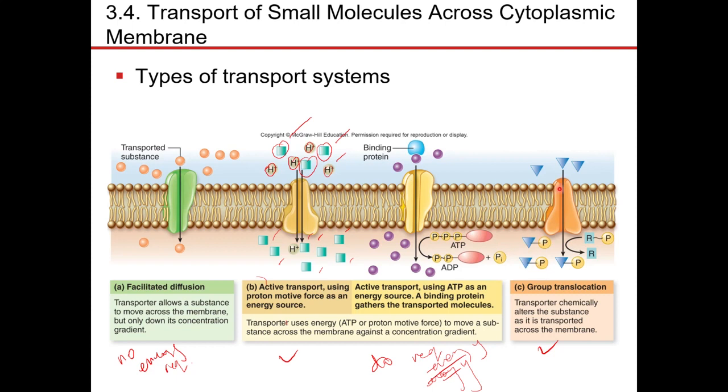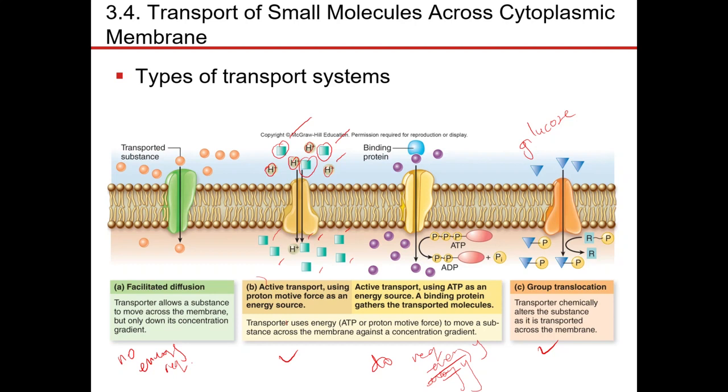Now, it is believed that bacterial cells carry out group translocation. The most common molecule that they perform group translocation with is glucose. So you can imagine the blue triangles are actually glucose. What happens is glucose is taken into the cell and it is chemically modified. It is believed that the bacterial cells do this so that once the molecule has been chemically modified, it will not leave the cell. It's sort of